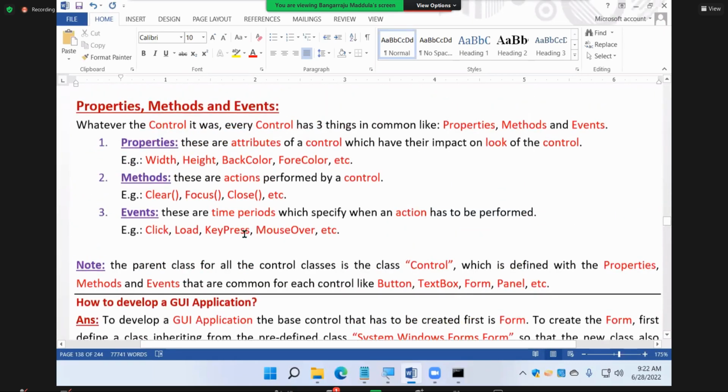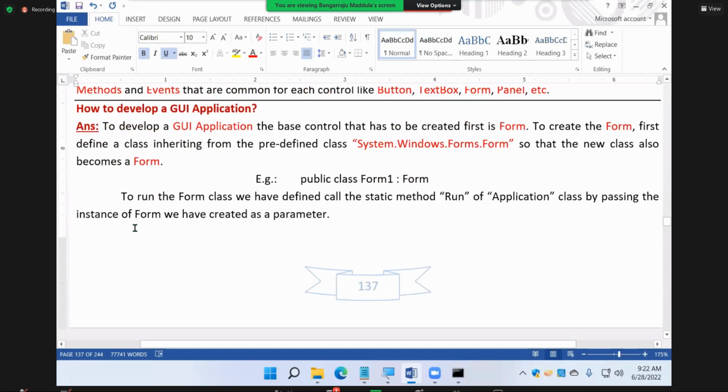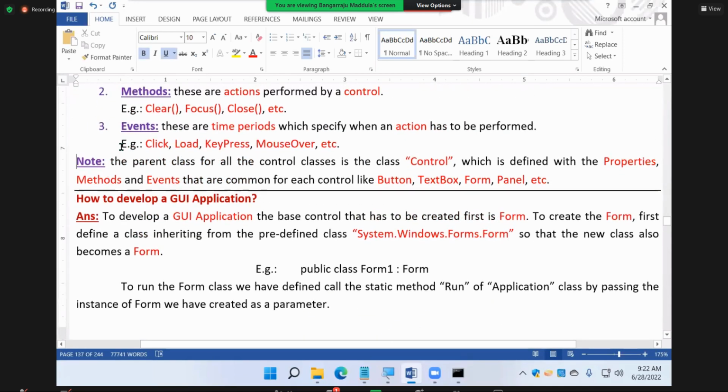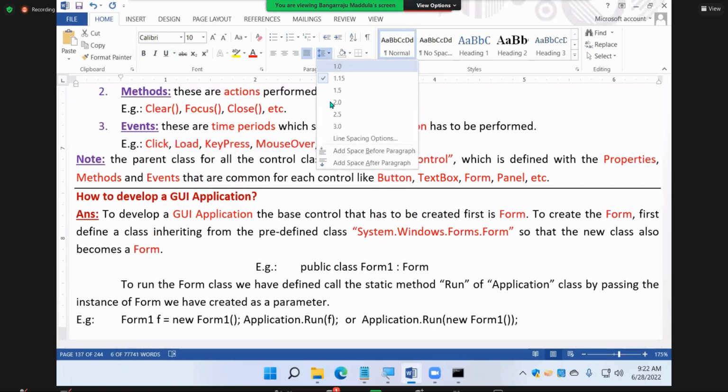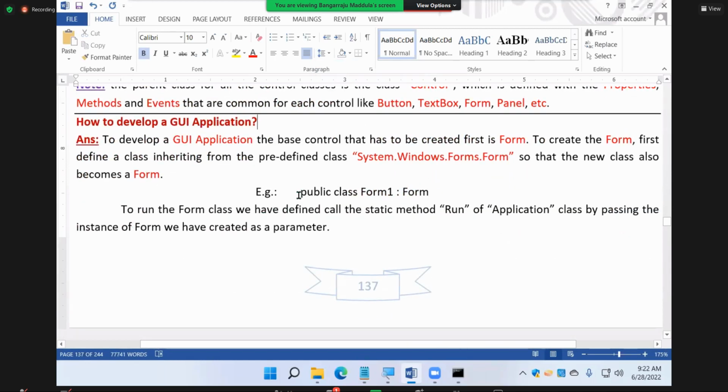Now you defined a class called form. Now you want to run the form, correct? And if you want to run that form, what you need to do is, to run the form class we have defined, call